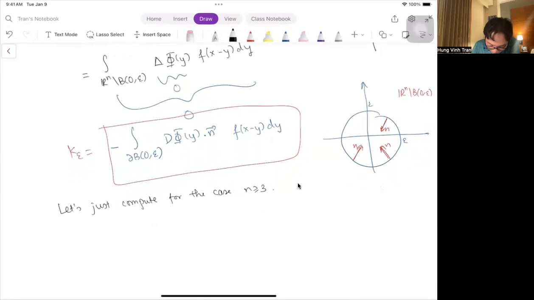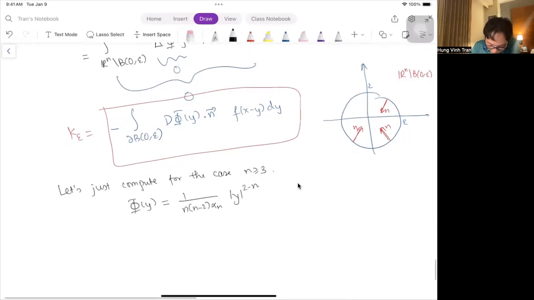Let's write down everything, right? I have phi of y. We have computed this in class, but let's compute it again. It's 1 over n times (n minus 2) alpha n, at y to the power 2 minus n, right? So if you differentiate phi, you would have,